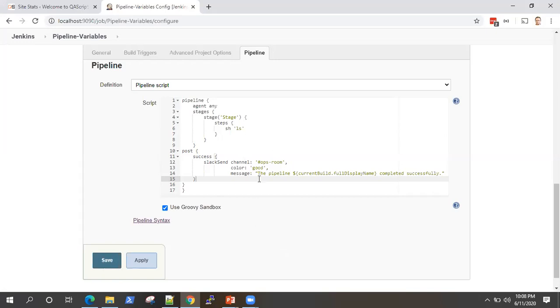So this is how you can send different kinds of notifications, and you will always do it in post because that will always be executed. You don't have to worry about what is happening in the pipeline and whether your notifications are running or not. They will always run when you do it in the post section, right? So this is what I wanted to show you. It's a short video on notifications and cleaning up for your pipeline jobs, right?